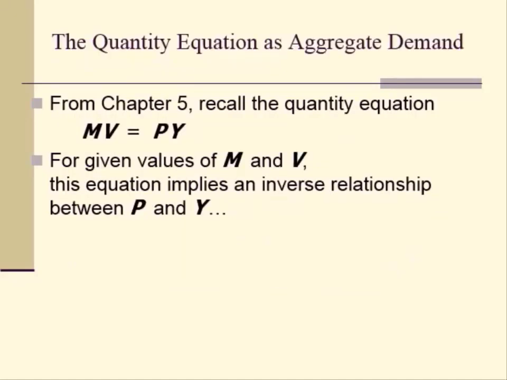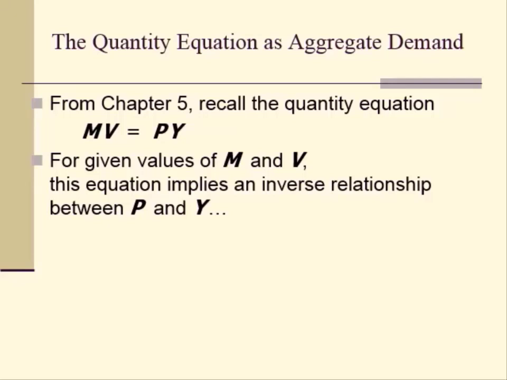Recall that from chapter 5, the quantity equation says MV equals PY. Then for given values of M and V, this equation implies an inverse relationship between P and Y. That is, when price level goes up, then real money balances go down, and Y, the real GDP or income, should go down. On the other hand, a lower price level P increases the real supply of money and therefore implies a greater volume of transactions assuming fixed